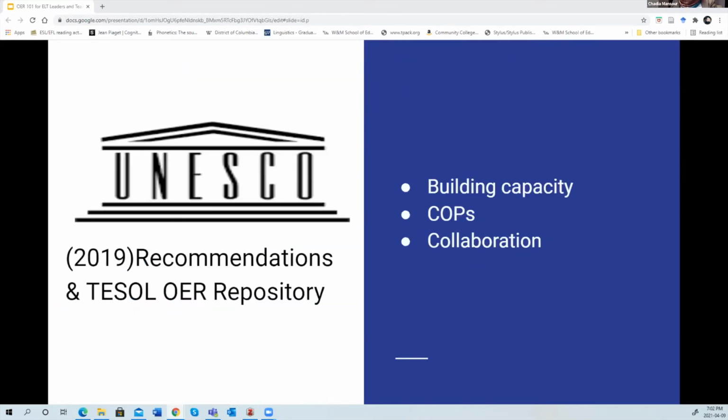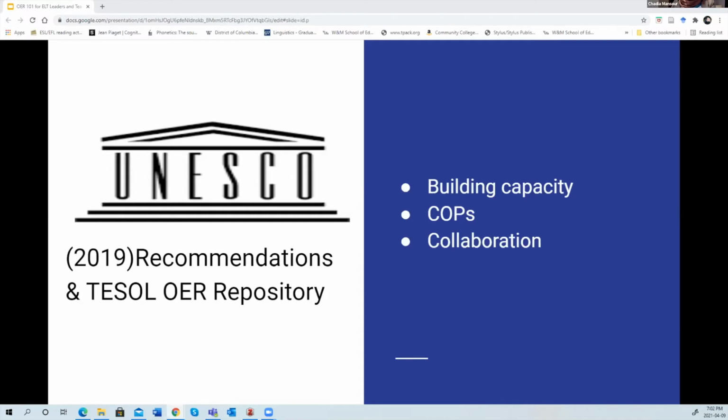So a TESOL OER repository responds to the United Nations Educational, Scientific and Cultural Organization 2019 recommendations. There is a call from UNESCO for OER adoption and implementation for stakeholders, including professional associations, to take steps to advance OER initiatives. A TESOL-hosted OER repository specifically supports these UNESCO action items, and here I quote from their document: